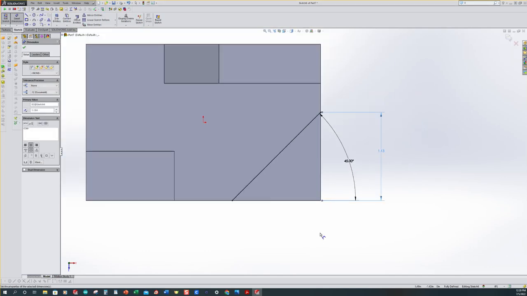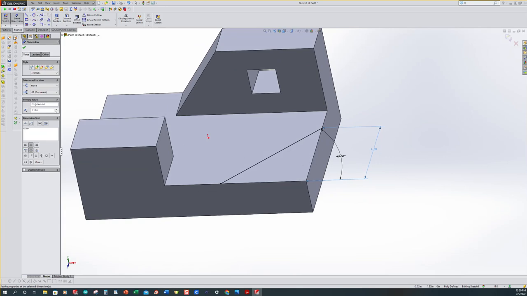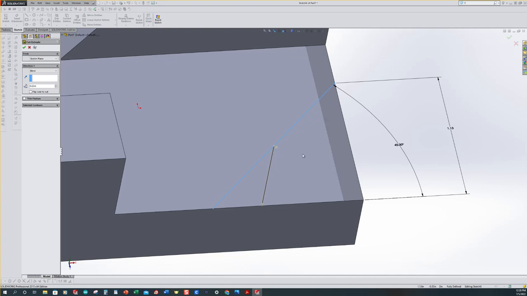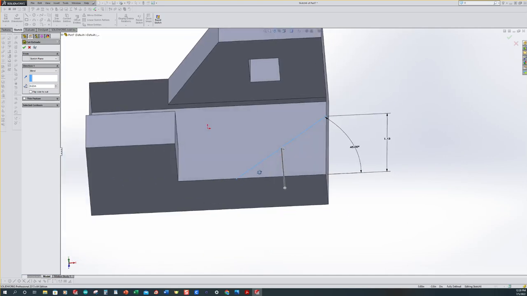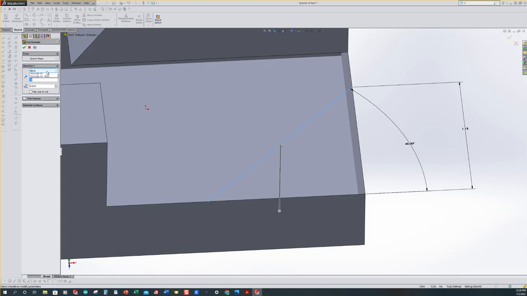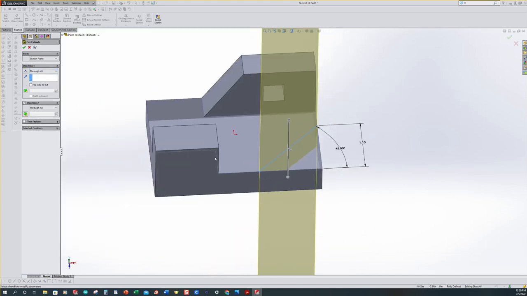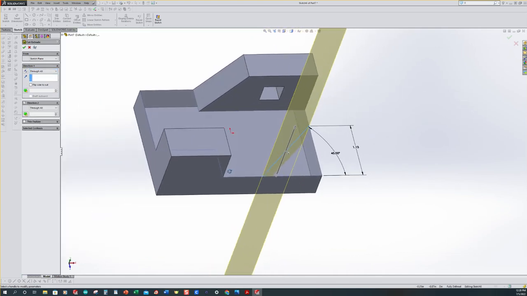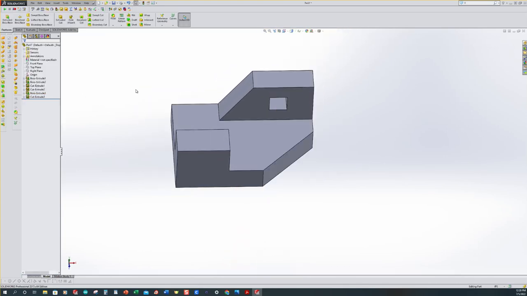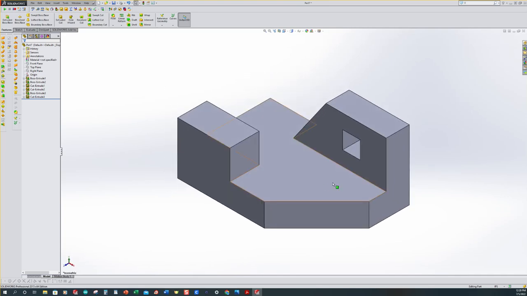Alright, so we're fully defined. I'm going to rotate it around to where we can see what's going on. So I exit the sketch. My arrow is pointing the direction that I want to remove the material. If yours is pointing the other direction, all you would have to do is toggle the arrow over here, or you can come to this over on your feature tree and you can select flip side to cut. As long as your arrow is pointing this direction, we're going to be good. I don't want it to be blind, I want it to be through all, so this creates this like cutting surface or cutting plane. We want to go ahead and accept that, and our model is pretty well complete,